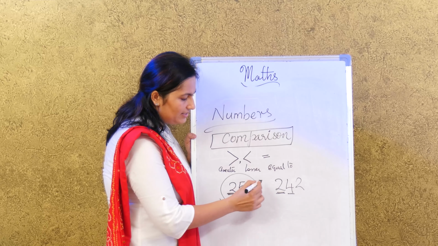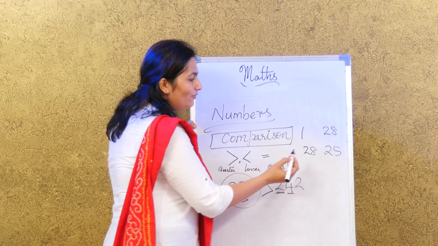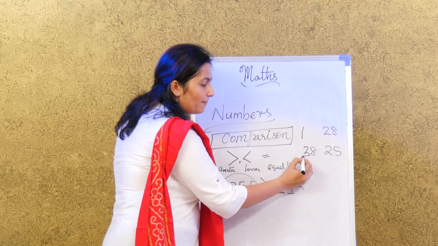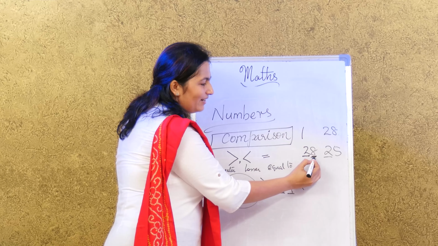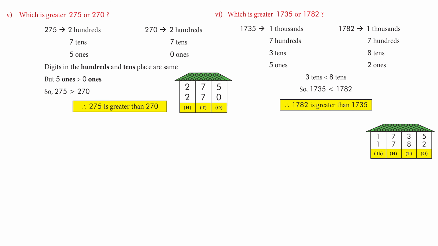Did you learn how to do it? When it is a single digit number and a 2-digit number like 1 and 28, we know, right? 28 is greater. But when it is both 28 and 25, both are 2-digit numbers, then what do we do? Like we just now discussed, the tens are the same. But then the ones, 8 is greater than 5, you know that. So we got the answer, 28 is greater than 25. Got it? Okay, let us try some examples in page number